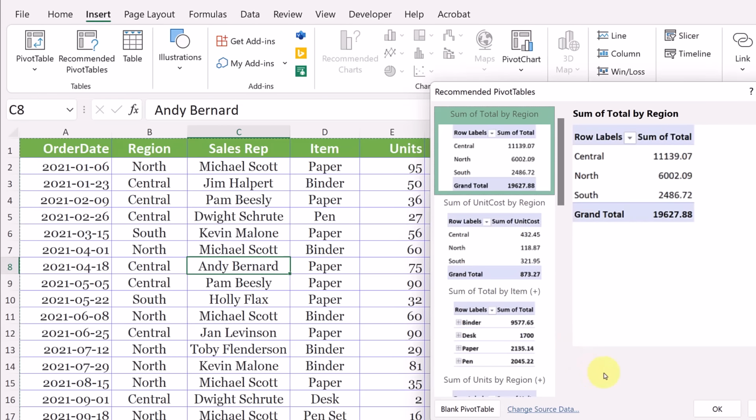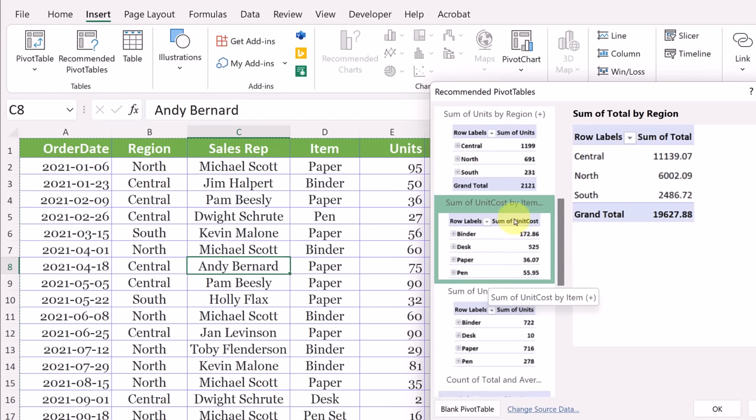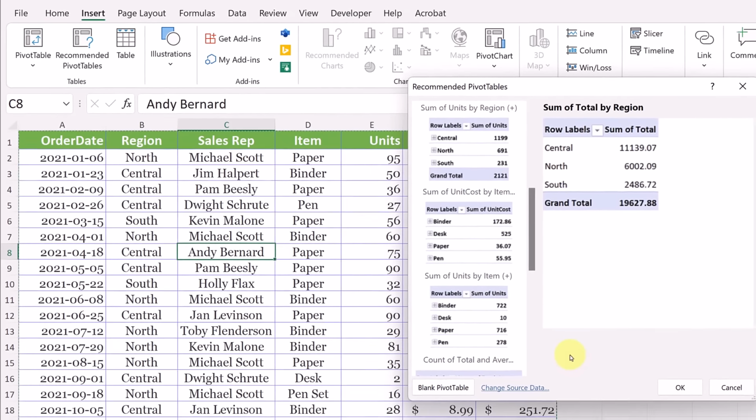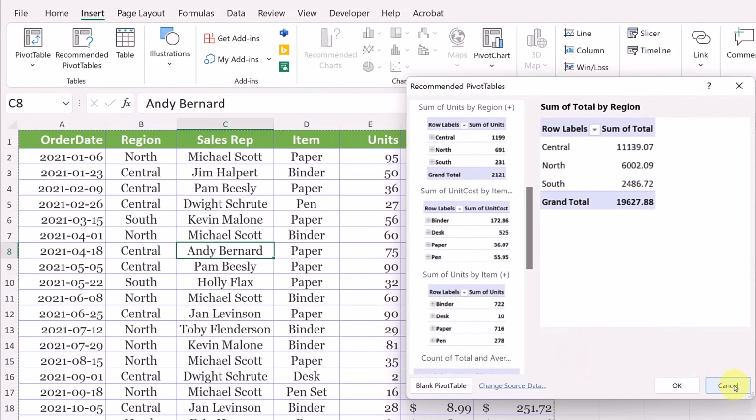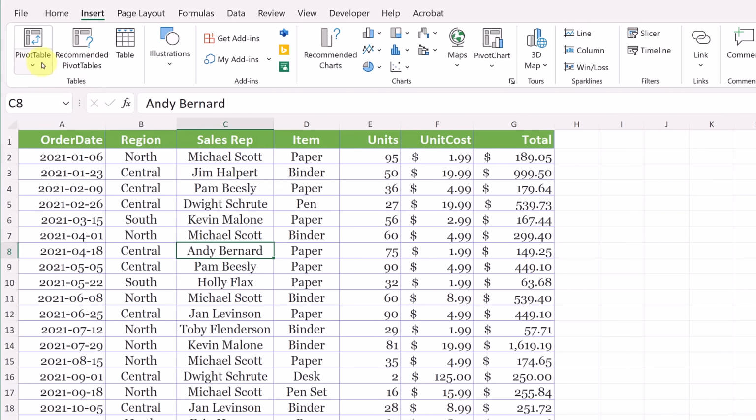Now, I just want to mention a little bit about the recommended pivot tables. This is a quick way to create them. Usually they're pretty accurate with probably the main ones that you would want, but you can see where it goes sum of unit cost by region, sum of unit cost by item. It does some recommendations based on the data and the titles that they think that you would want. So you can always start with recommended pivot tables and choose one of them, but we're going to be going from pivot table on it. And after we go through pivot table, you'll understand after you insert the recommended pivot tables, you can still make the same changes. So I'm just going to go ahead, click pivot table,